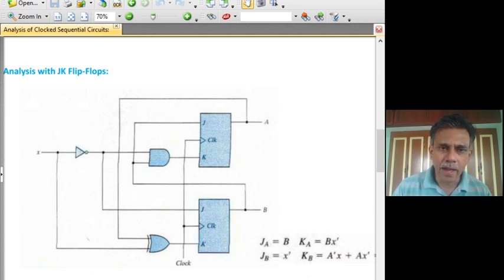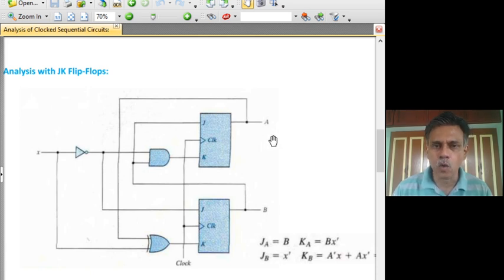Well, here you have a circuit having two JK flip-flops. We will call them A and B, and therefore the outputs of these flip-flops are also called A and B. The J and K inputs for the A flip-flop are called JA and KA. Similarly, the J and K inputs for the B flip-flop are called JB and KB. There is a common clock that goes to both these flip-flops, and these are positive edge-triggered flip-flops. There is one input X that is an external one, which is given to this synchronous circuit. There is no explicit output that is being taken.